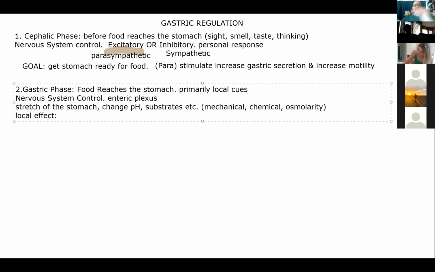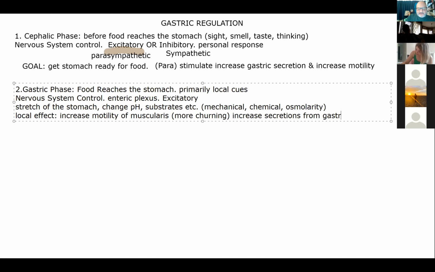And is this going to be excitatory or inhibitory? Excitatory. Right, so this is going to be an excitatory effect from that enteric plexus with that local cue and that local effect. Of course, that local effect is going to be to increase motility of the muscularis, right? So we get more churning. And increase secretions